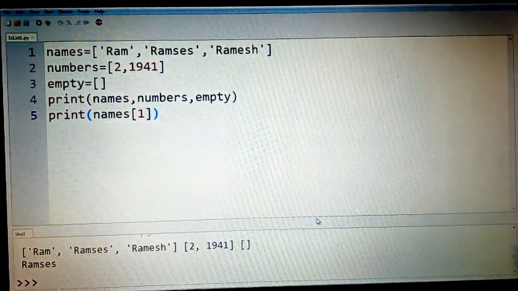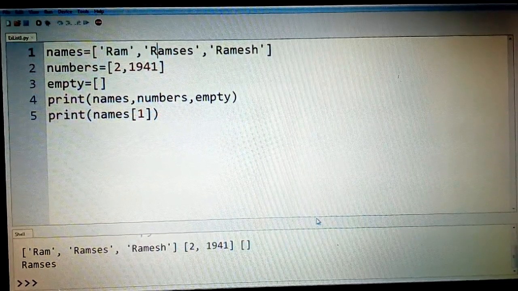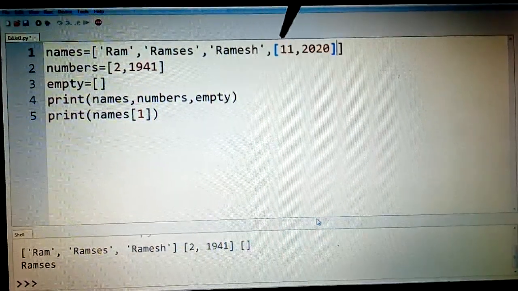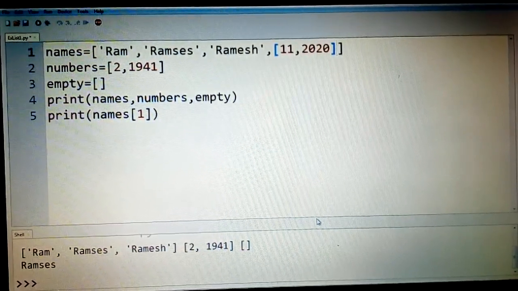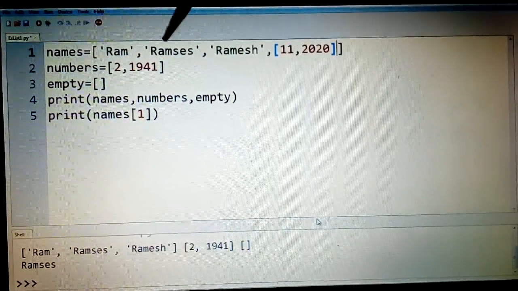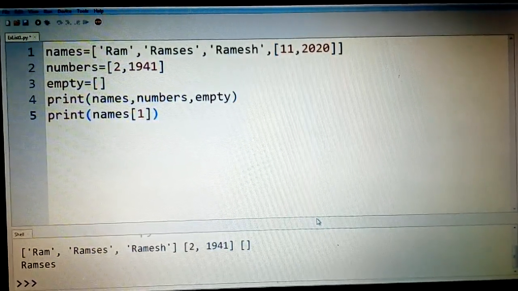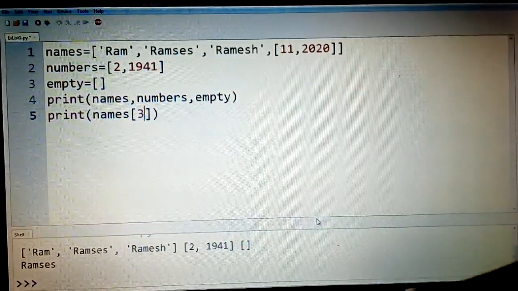On the same lines, I can have a list within another list. So let us try to have an embedded list here. Say the embedded list is square brackets, another 11, 20, 20. Now let us try to use the third index here. If I say 3 here, what do I get?